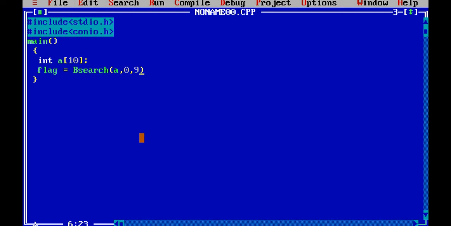That is 0 is actually L and 9 is actually U.